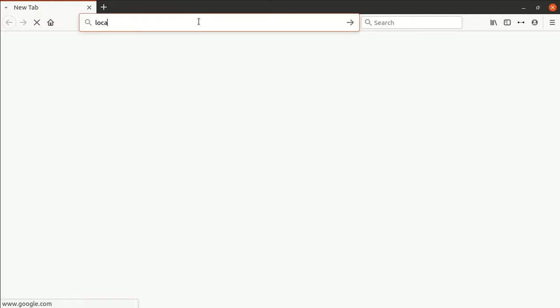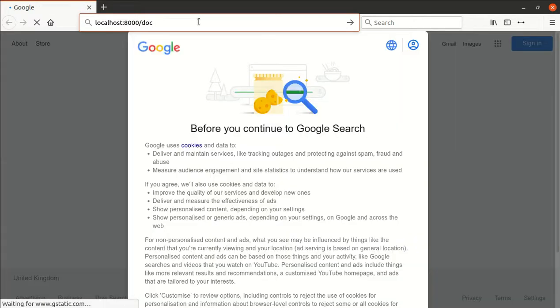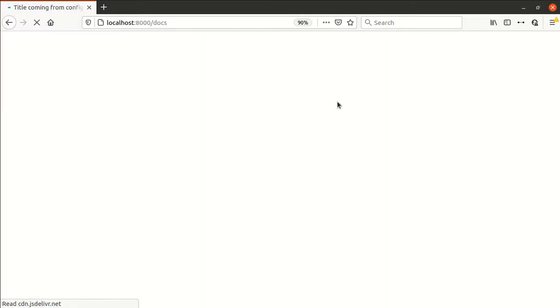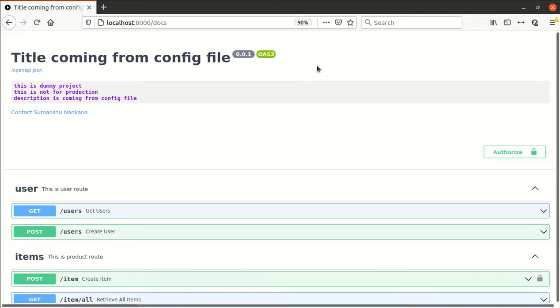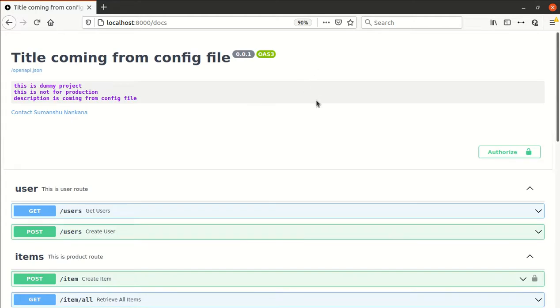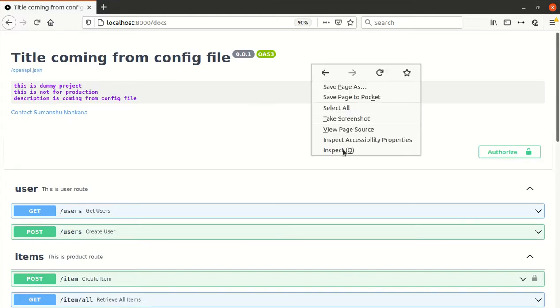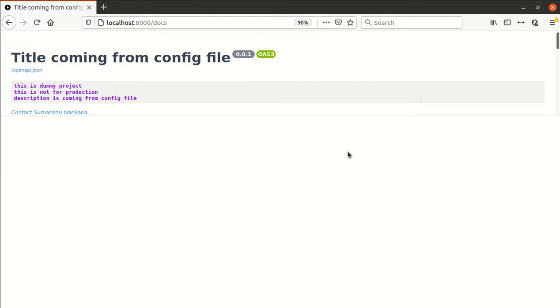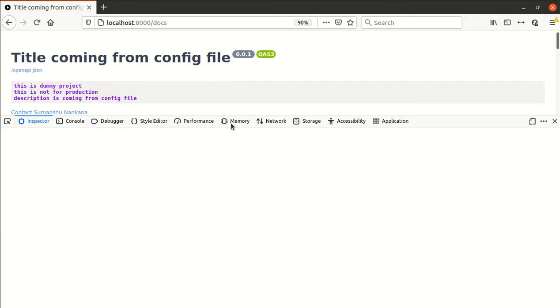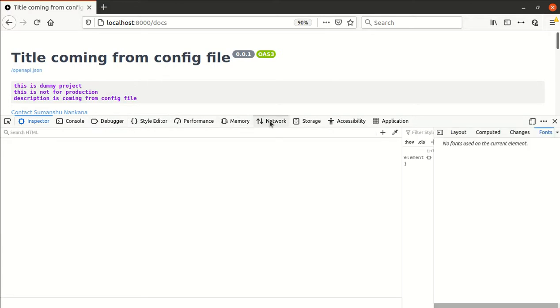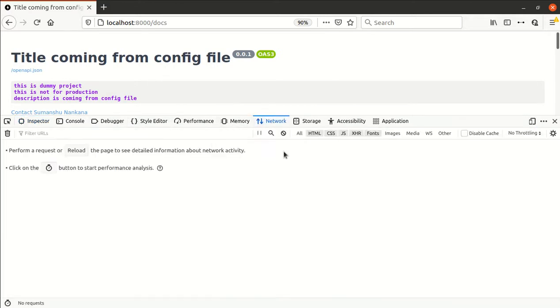So localhost 8000/docs, right? So our application is up. Let me click on inspect, and I click on the network. Right now I don't have anything.